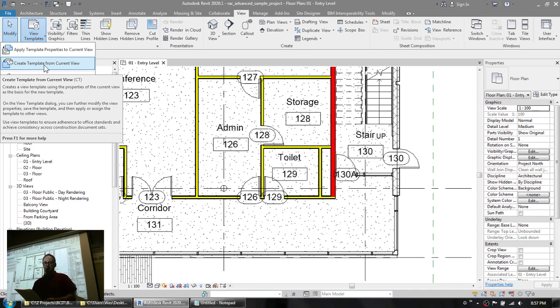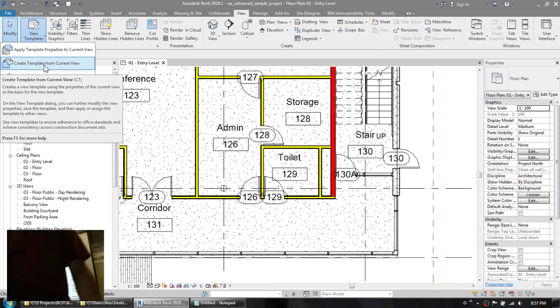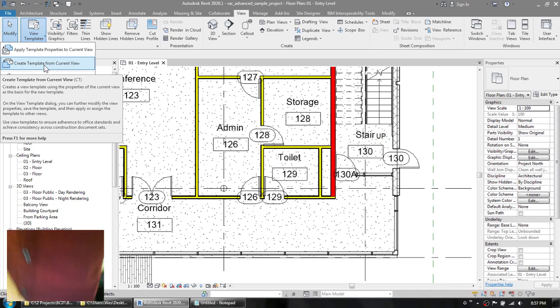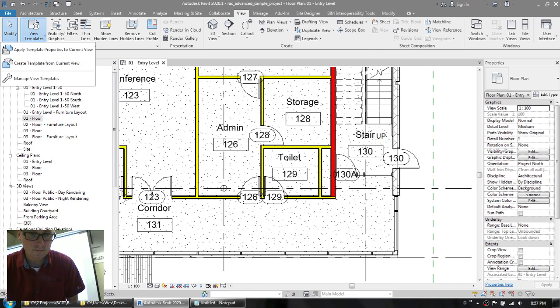So the best practices for door schedules in a situation like this: if you have a project where you do need to break up your door schedules so that they're maybe story by story, or maybe the first 5 stories and then the next 5 stories of the door schedule,